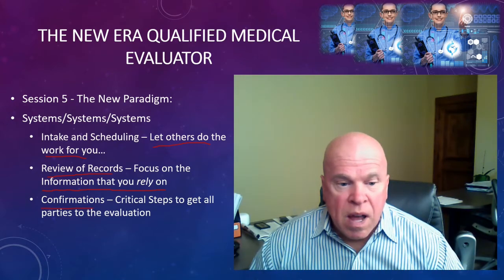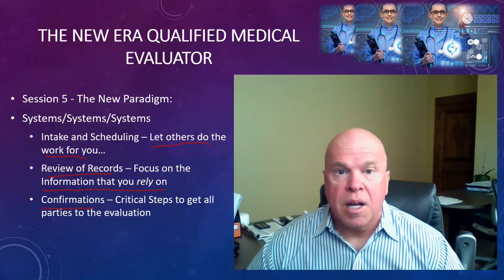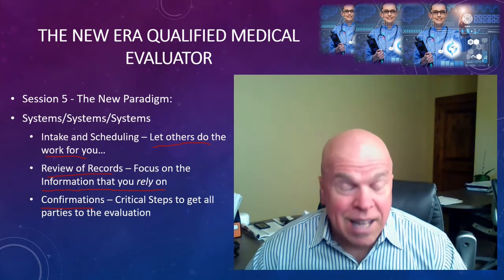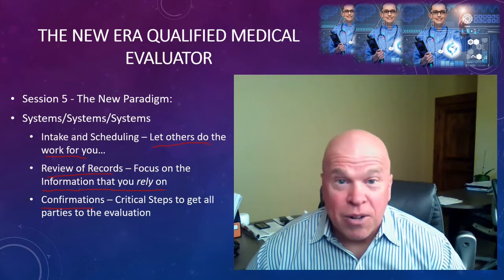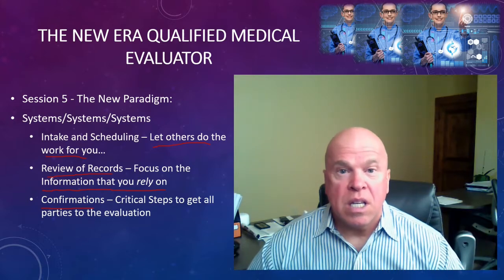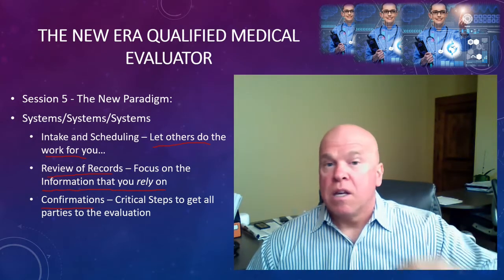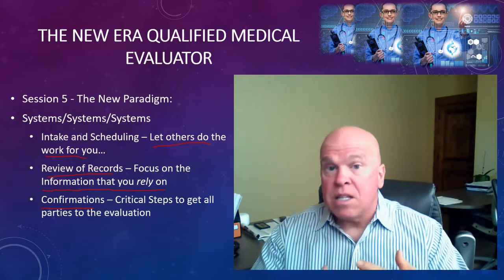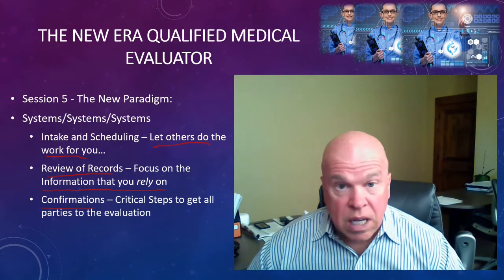Finally, in session number 5, we talked about the critical importance of confirmations in getting each of the parties on the same page, on the same day, at the same time, at the same location for your qualified medical evaluation appointment. So if any one of the parties involved with the evaluation, such as the owner of the satellite office location, such as the examinee, such as the interpreter, such as you as the doctor, if any one of you are not synchronized and on the same page as to the day, date, time of the appointment